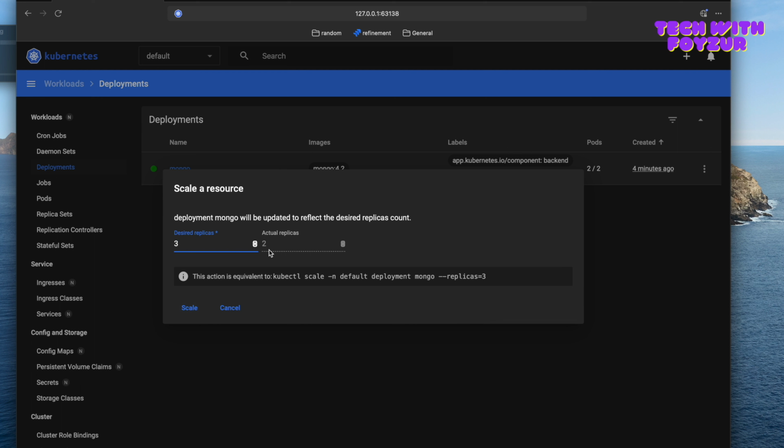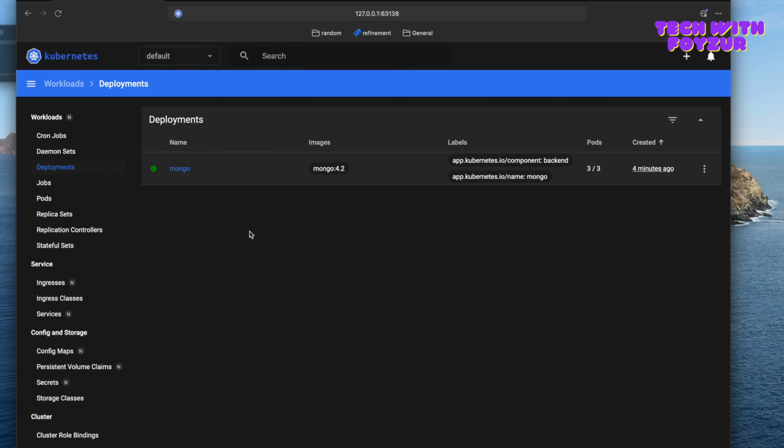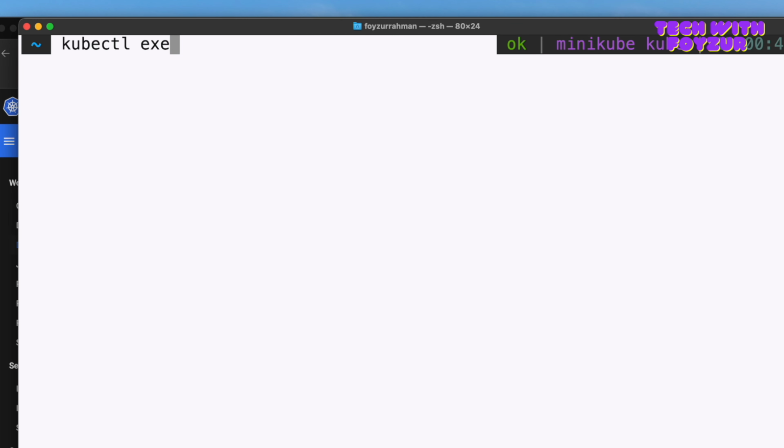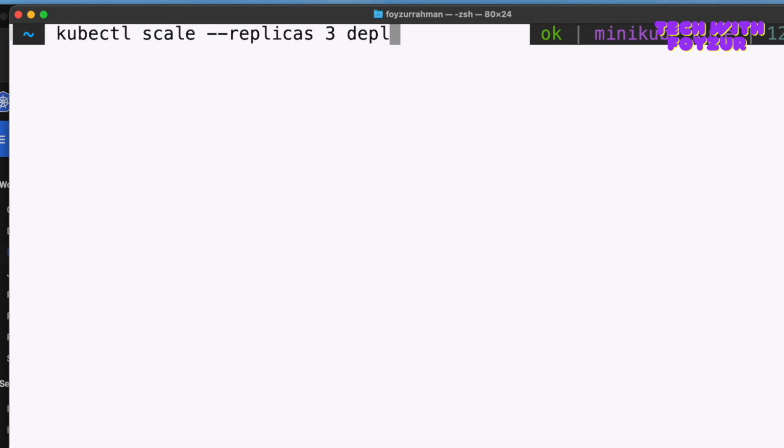Actual replicas right now is 2. You don't have to do anything. So just say desired. So if you say scale, let's see what happens. This time you can see it has already updated to 3, right? This is exactly what you could do using the kubectl command, kubectl scale, and then you say replicas 3 and deployment. This is something we talked about in our previous videos, and we're going to talk about